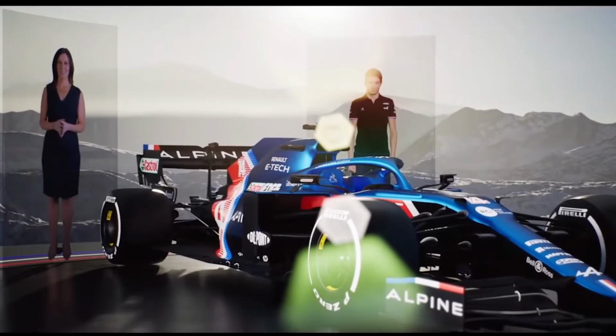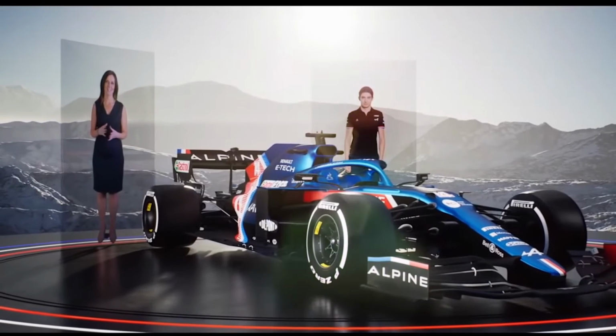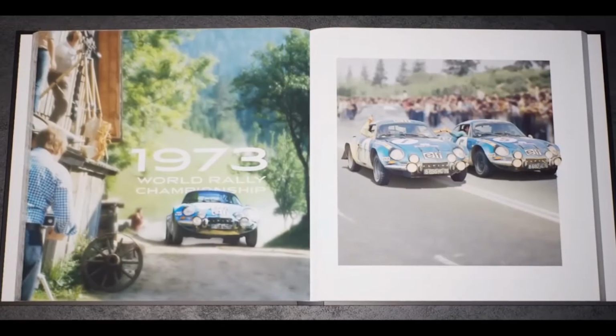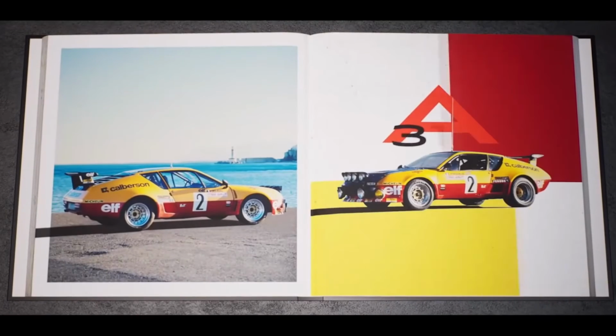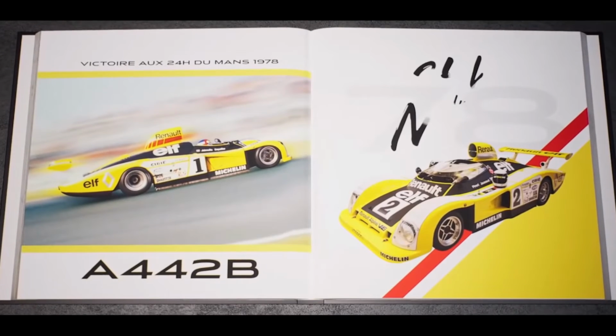Alpine, the team formerly known as Renault, were up next with a very innovative and modern take on launches in COVID times, with digital versions of Esteban Ocon, the team, and host Lee Mackenzie beamed into a virtual studio. It sounds a bit odd, but it was actually a pretty cool launch, with a lot of visually pleasing imagery of past Alpine rally cars morphing into the new F1 car, as the virtual studio dropped away to reveal the